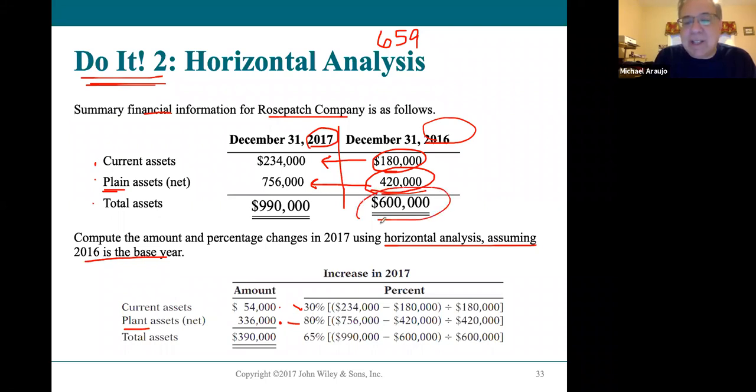Total assets, 600,000, increased to 990. That's a huge increase of 390 over a base of 600. So total assets increased 65% in that period of time. Okay,